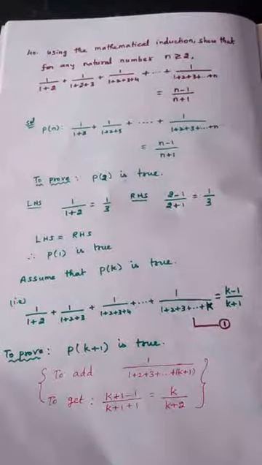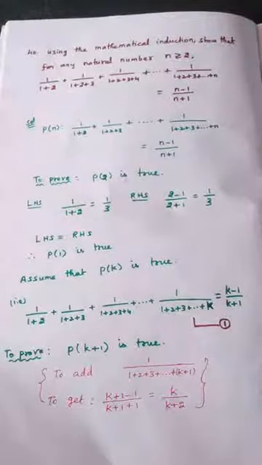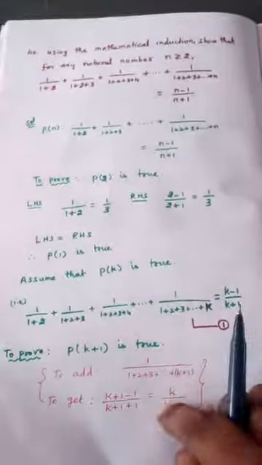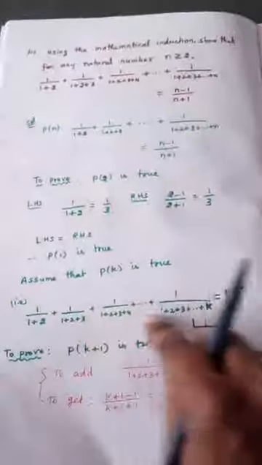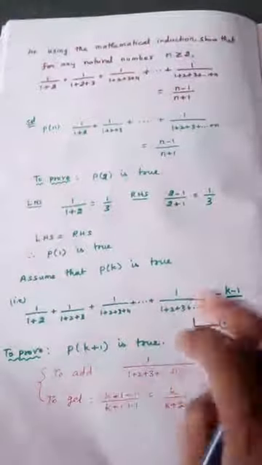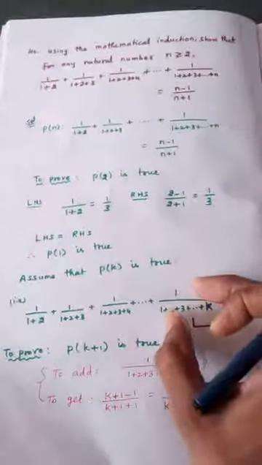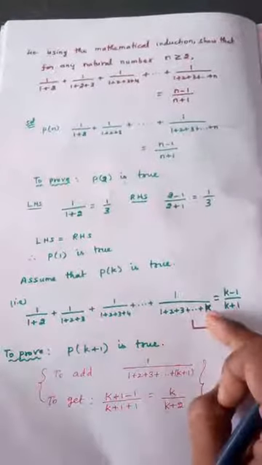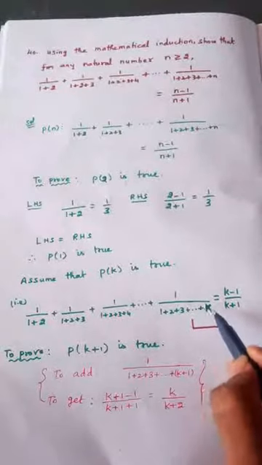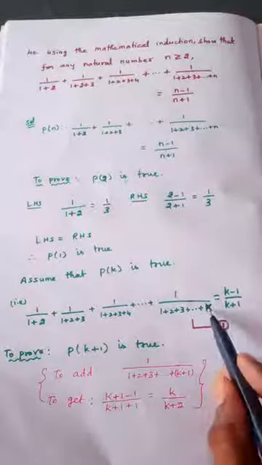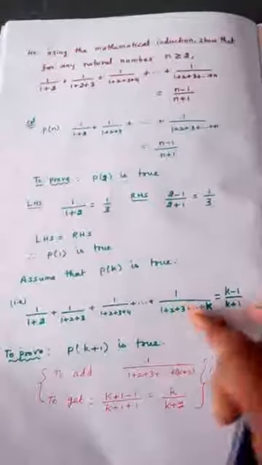What we have to prove? We have to prove P of k plus 1 is true. So immediately we should find 2 things, right? I have written here. Again we are coming back to add, because plus terms are present in between the terms. So what is to be added to both sides of equation number 1? How to find out? By seeing the last term of LHS. What is the last term of LHS? If you see 1 plus 2 plus 3 etc. k, I should replace this k by k plus 1. So this is the term that we should add on both sides.